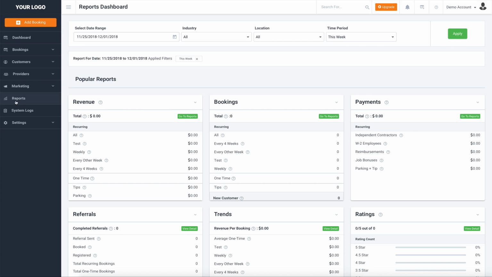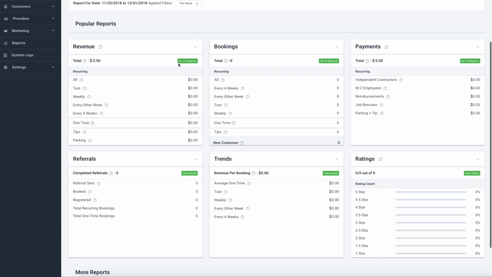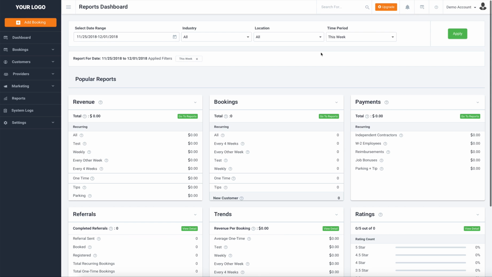So under your account, you want to go into this report section here. And basically, you have a filter here. And this is kind of the overview of all of your reports. You could go in every single one of them and view the details inside. But if you want to quickly check some data, you can go ahead and just go right here, and then